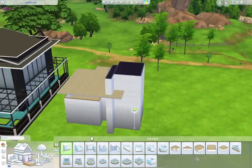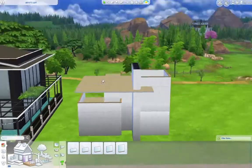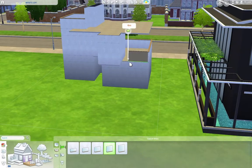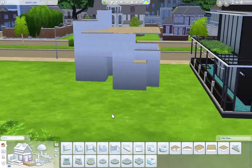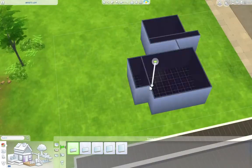But yeah, so today we're gonna do another modern build. I really like modern houses, but at the same time, I understand why some people don't really like them. It's probably because they're a little bit boring, they're kind of boxy, and this one is kind of like that, but I actually really like it. It uses a lot of different